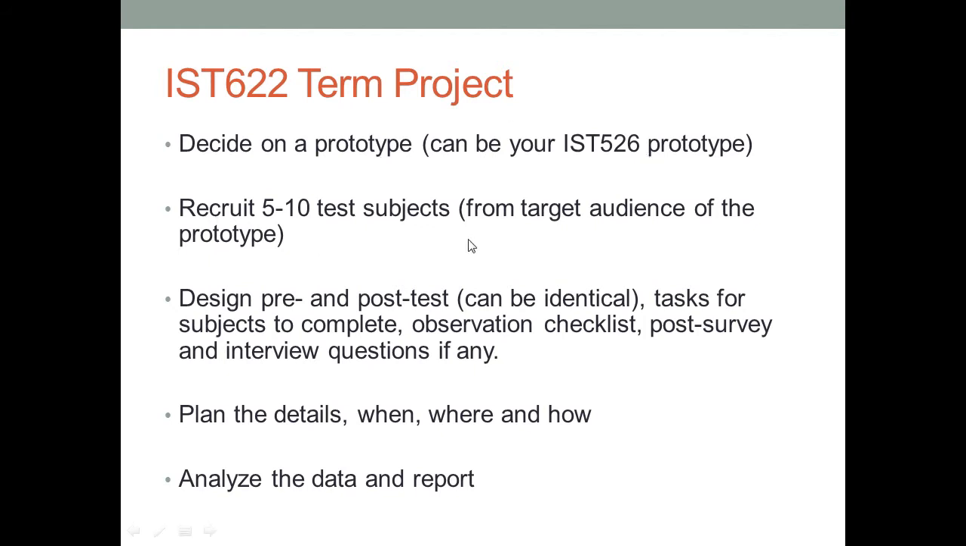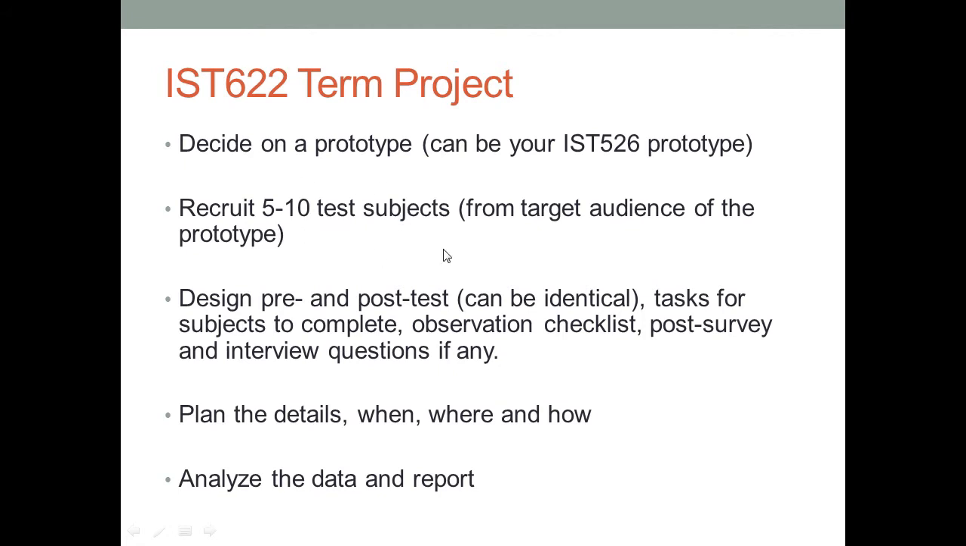So the second thing you need to consider is your target audience. You need to know what the target audience of the prototype is, and then from that target audience, you want to recruit 5 to 10 test subjects. Usually 4 to 5 subjects will tell you about 80 to 85% of the usability problems, which is usually what we recommend. However, because you're combining usability tests as well as the effectiveness test here, I would like you to have at least 8 or 10 students,